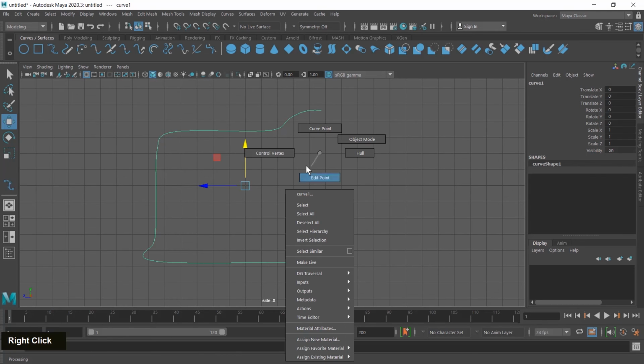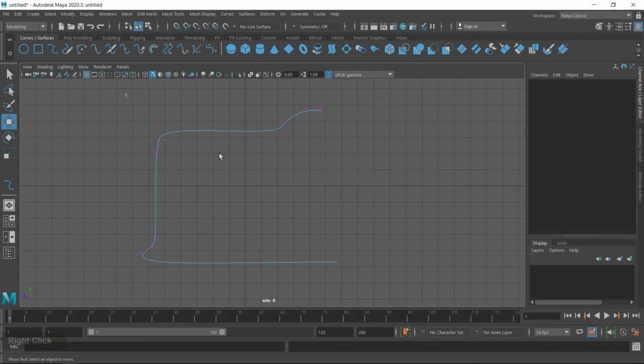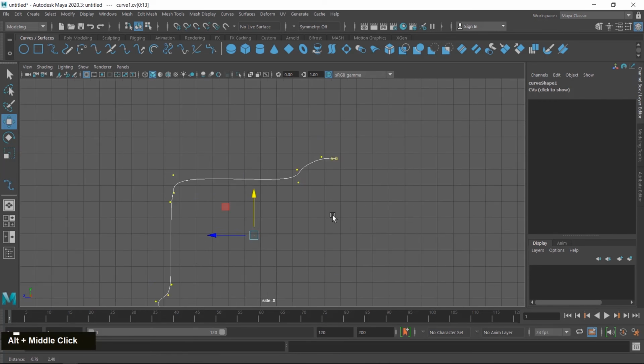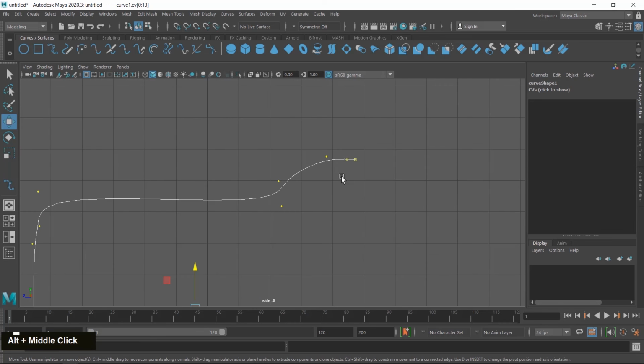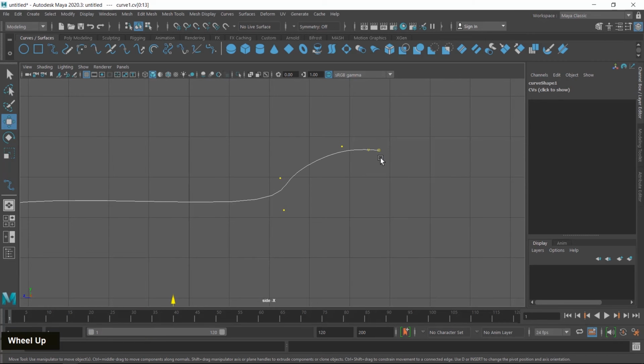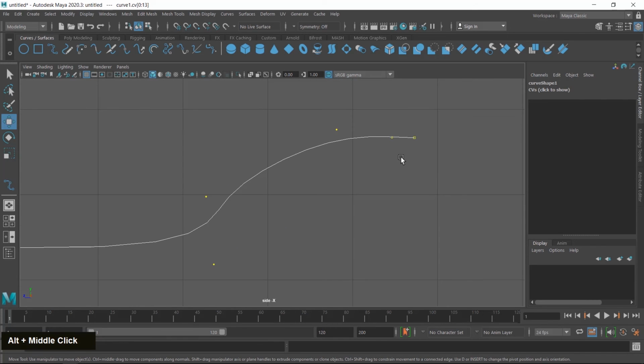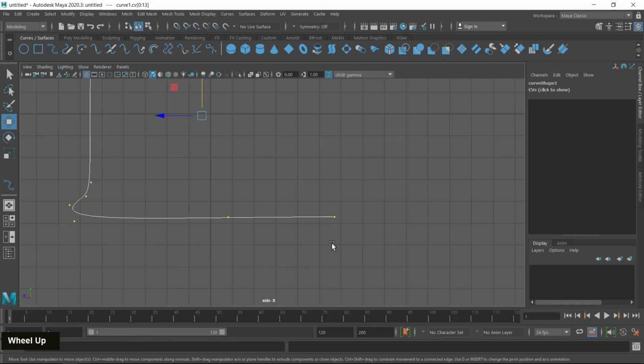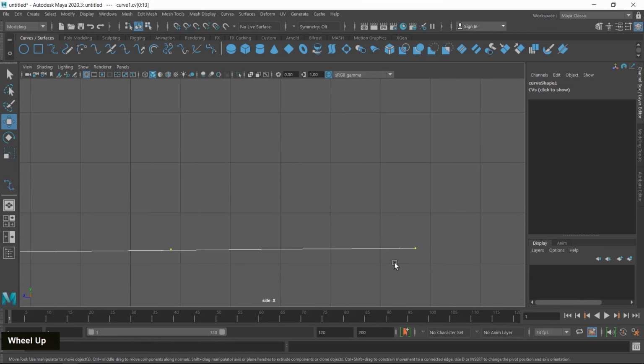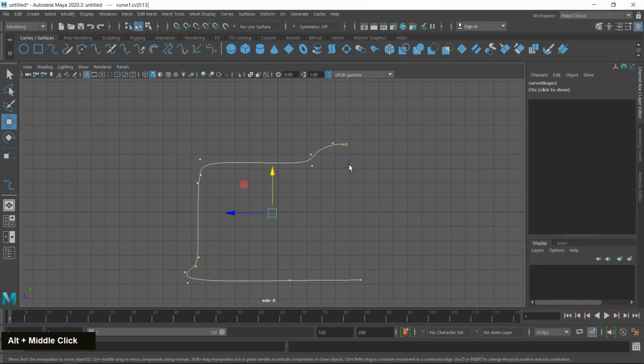So I right click again and choose control vertex, and select all the control vertices by window selection and zoom on the start point. The start point is always a hollow point, and next to this point is a U icon. I hope you can see this icon. It's a U icon and it's a hollow point, and the end point is always a solid point. So it means it's the start point.